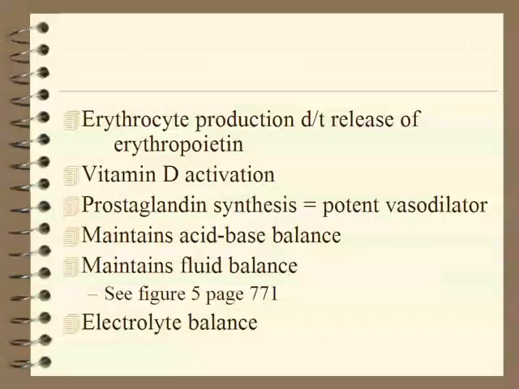The kidneys are also responsible for red blood cell production due to release of erythropoietin, which is a hormone that is active for 24 hours. It goes to the bone marrow to increase red blood cell production. It is released if we have a low red blood cell count or if we have a decrease in our oxygen level. Say you decide to climb Pikes Peak,